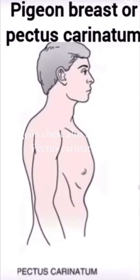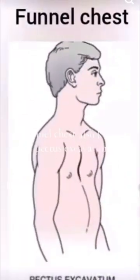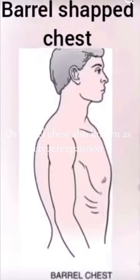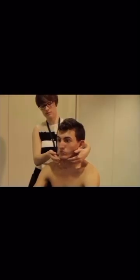Pigeon chest, also known as pectus carinatum, or funnel chest, also known as pectus excavatum, or barrel chest, also known as hyperexpansion. It's also important to check cervical neck glands, as if they are swollen, it can often be caused